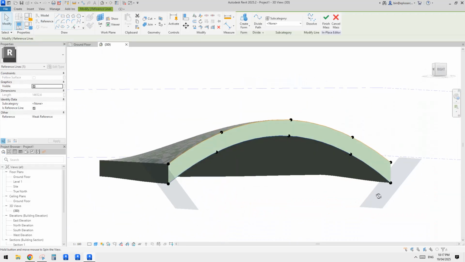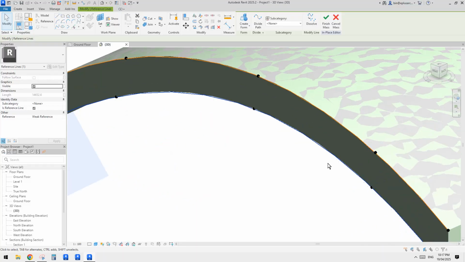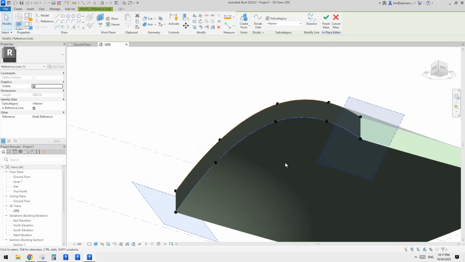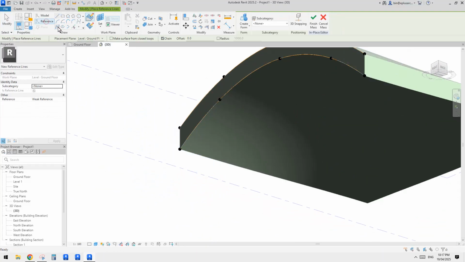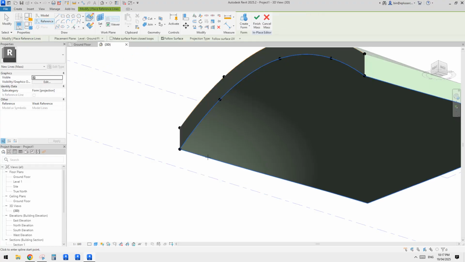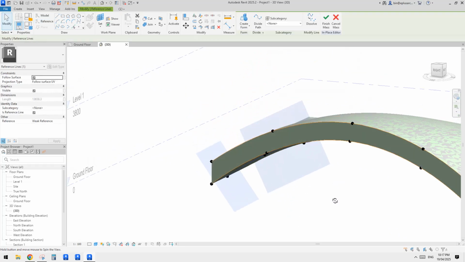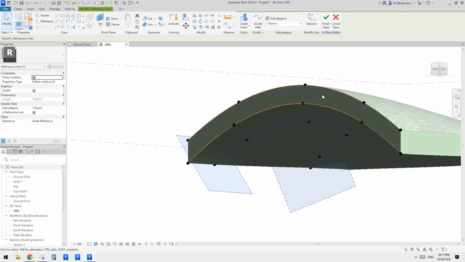Yeah, I don't think there's any difference. Maybe I did it wrong. Maybe these options are used to place this onto, to follow this surface, but because we